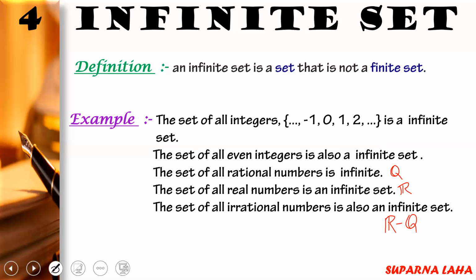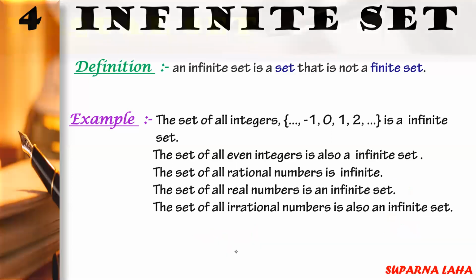Clear? And don't think that if a set is infinite, that means its cardinal number is infinity. This is not so. If any set A is infinite, that does not mean that its cardinal number is infinite. It has some particular cardinal number, like the set of real numbers, the set of natural numbers. This concept is in higher class, so I'm not explaining it here, but this is the wrong concept. So don't think this.